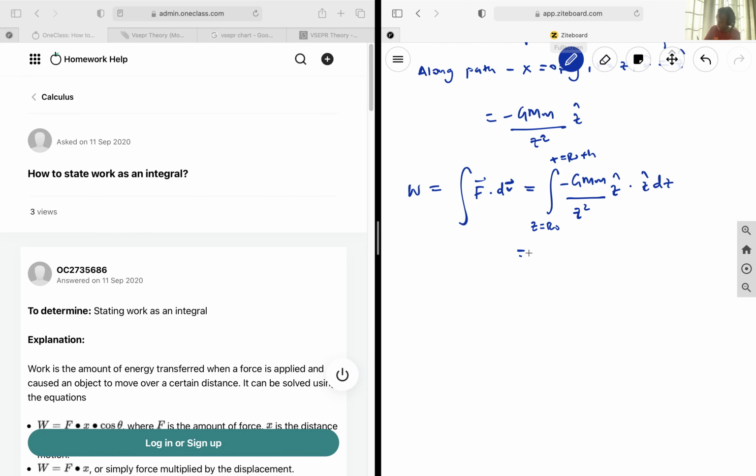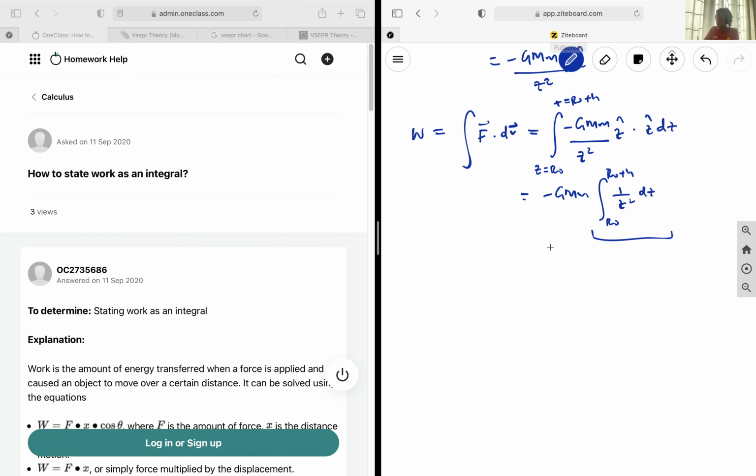Okay, and so when we take the dot product and pull out any constants, we get negative GMm, the integral from R0 to R0 plus h of 1 over z squared dz. And for this, we can just easily use the integral of exponents in order to find out what that is. And so for a final answer, you will get GMm multiplied by 1 over z. And it's a bounded integral, so you want it from R0 to R0 plus h. And so when you actually do that out, you will get GMm multiplied by 1 over R0 plus h minus 1 over R0 would be the work done